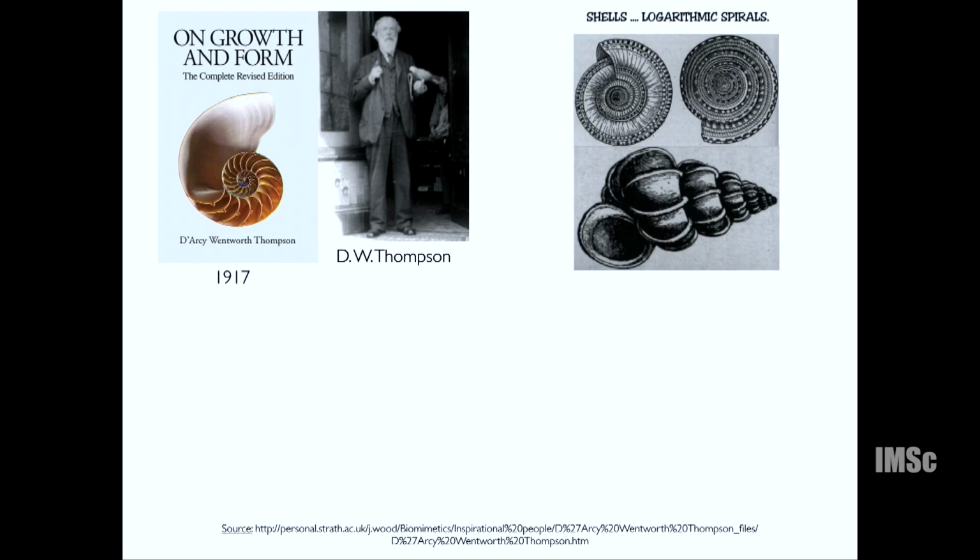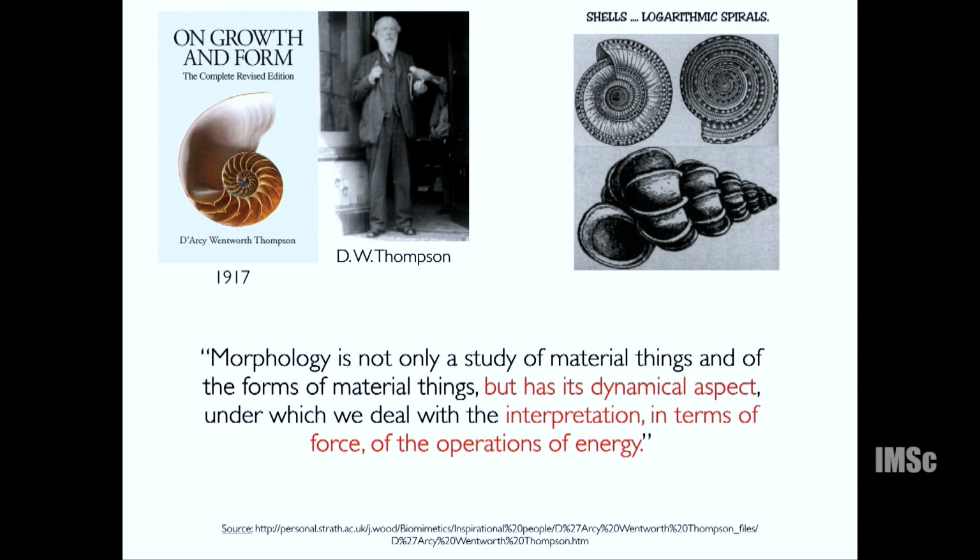So he actually already back in 1917 thought that during morphogenesis, in the different shapes which are formed, there are underlying physical laws, and there are chemical and physical laws, and one has to use mathematics to understand this system. And it's a very beautiful book and very well written. So, for example, I quote